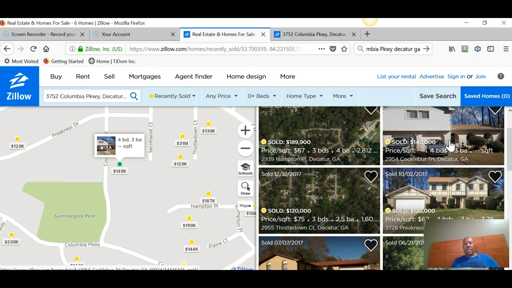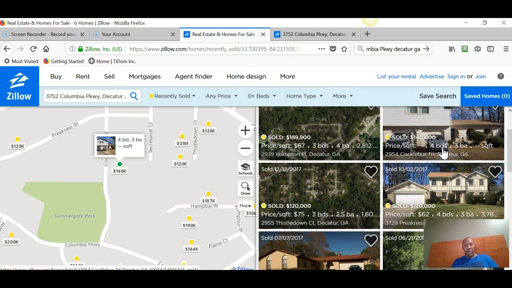I always like to keep them inside of 0.5. That means half a mile, and all the houses that I'm comping out are within that half a mile radius. So this one you can use it. It may be good. It probably is, but